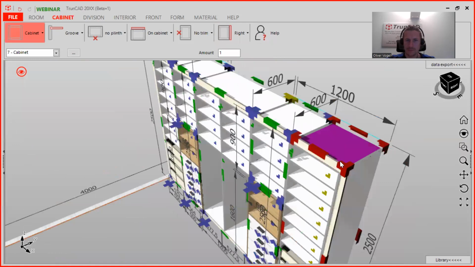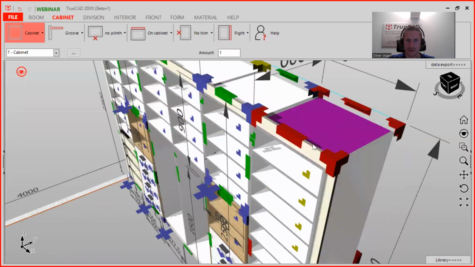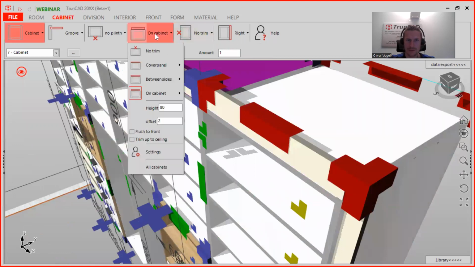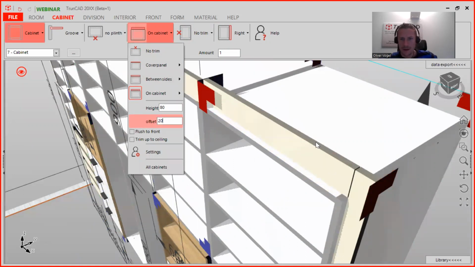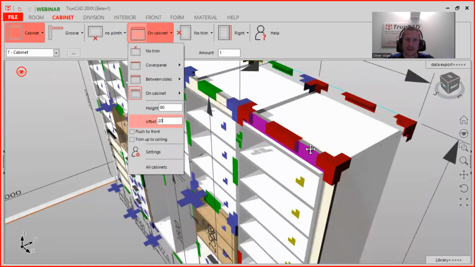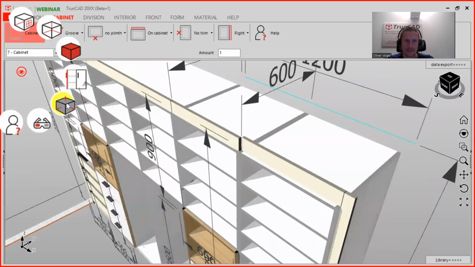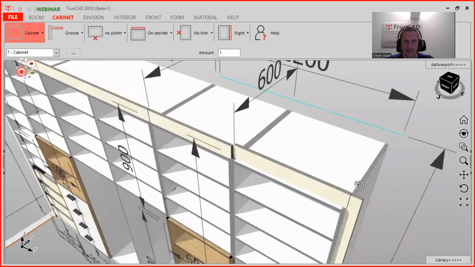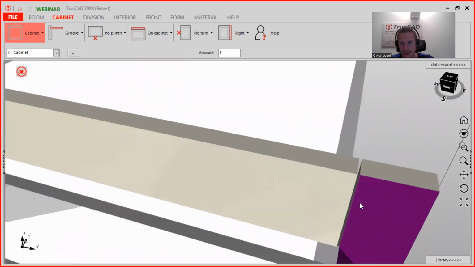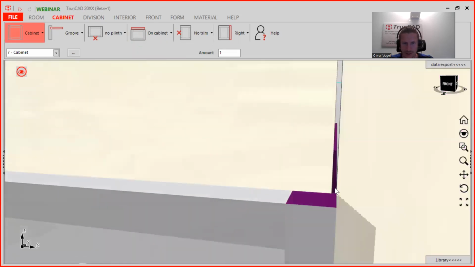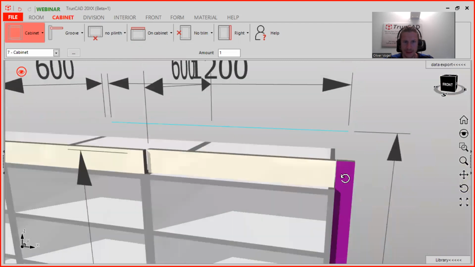And also here the offset for the trim on top should be also 20, and that should be for all cabinets. Yeah, for all cabinets. And also when you click on here, you see here is a gap, and we don't want to have the gap. It should go flush here. So, and you change it